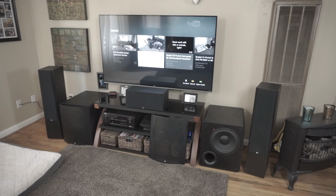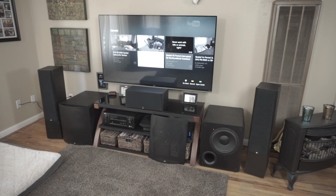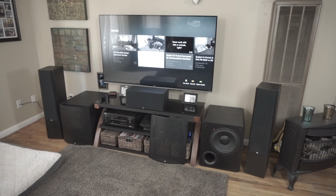And compared to the Shure VTF-15, down at the bottom, they tapered right at about the same point. I would have expected the VTF-15 to go a little bit deeper, but I'll put up my graphs at some point and show you, but at the end, they tapered at about the same point. It might be a half a hertz difference, so it's really minute. They did really well, and I can say that they are 100% full range bass performance,